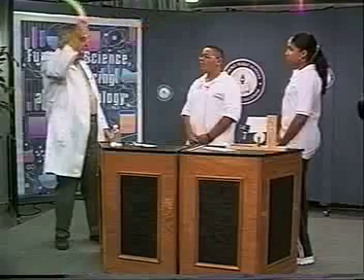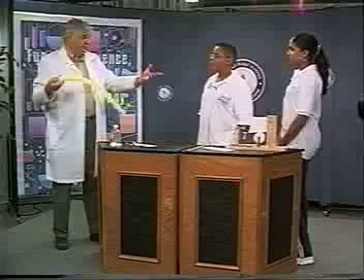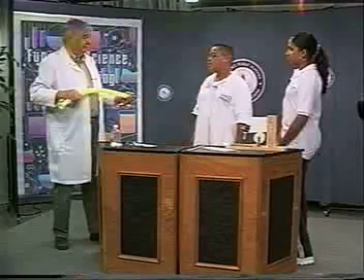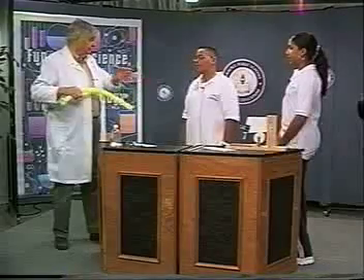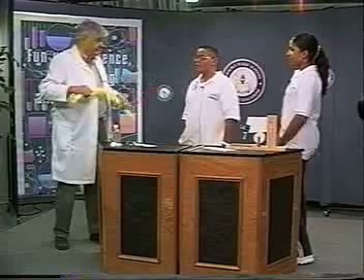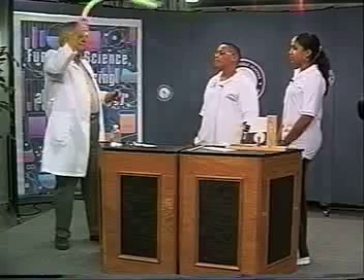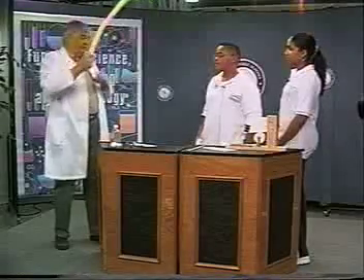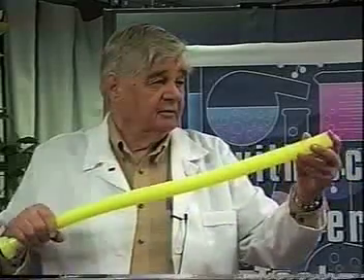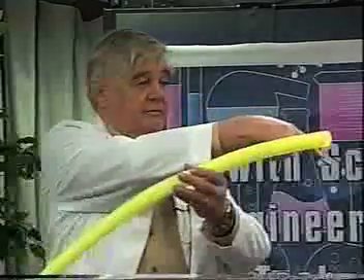So we take this, we've got low pressure here, high pressure here, and just like when you were studying the weather, you got a low pressure area and a high pressure area. What happens? You get wind, right? The wind goes from where? From the high pressure area to the low pressure area. It tries to fill up that spot. So we take this, and what kind of pressure are we creating here? Low. What kind of pressure is down here? High. So the air is going to go through the tube.